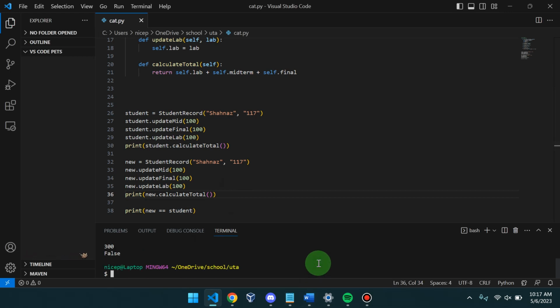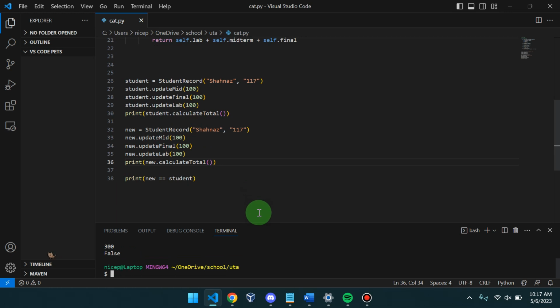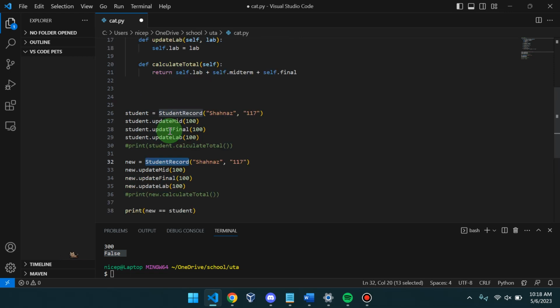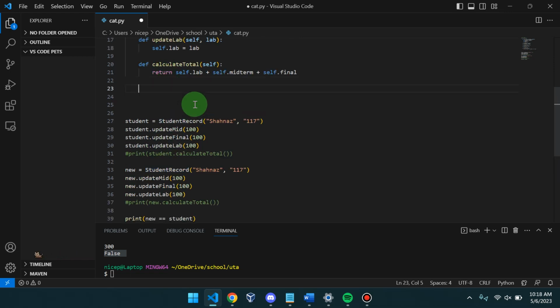You get false. I'm going to comment out the calculate total so we only get the output we're looking for. So yes, we get false. This is because Python has no idea what a student record data type is. We can't compare what a student record is; that makes no sense to it. So to actually compare two custom data types, we would need to create the eq function here and give it